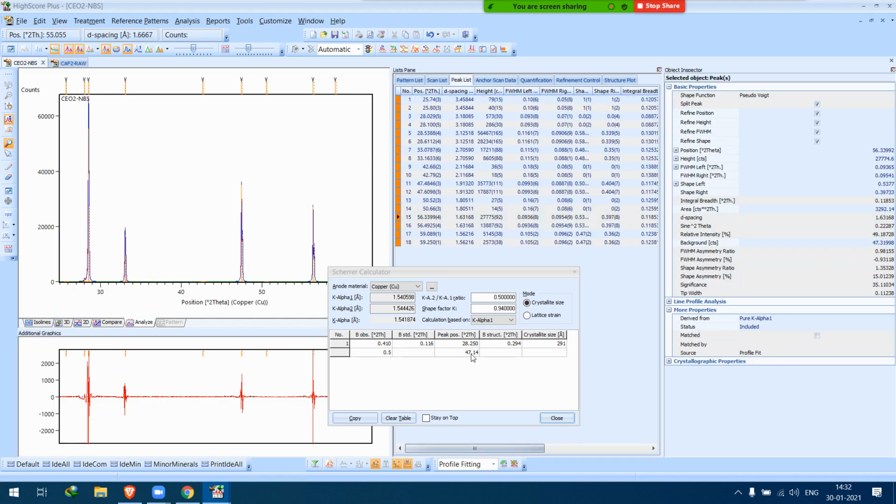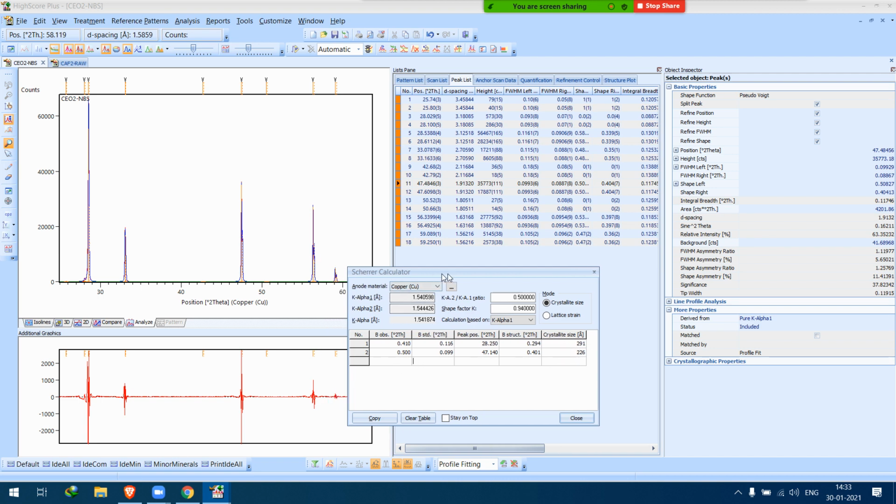This is 47 point something. Actually we don't have any peak around 47, but I think this is good. Okay, we have a peak here. Its broadening is 0.0993. That's how you get the B structure and the crystallite size.